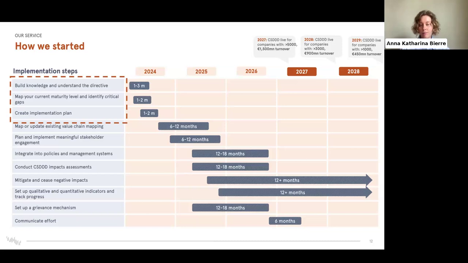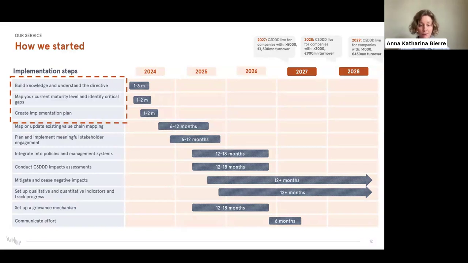We thought that it would be better to start with getting an overview of where we are now and how we can plan a smart and targeted implementation, because it takes time. So it's also a matter of prioritizing the different steps that you are to go through. And here we identified 3 key steps to take before starting the actual implementation. Those are the steps that you can see highlighted on the slide.